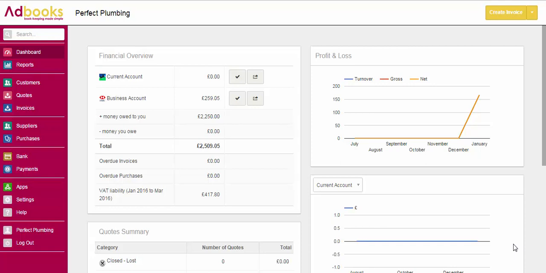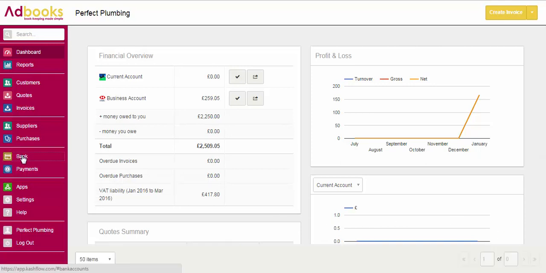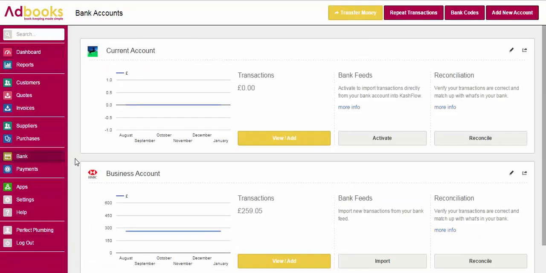In this video, I'm going to show you how to create expenses in Adbooks. Firstly, all we need to do is go to the bank module on the left hand side of the screen. Once we're in the bank module, all we need to do is set up an expense account. To do that, just go to the top right hand side of the screen and click the Add New Account